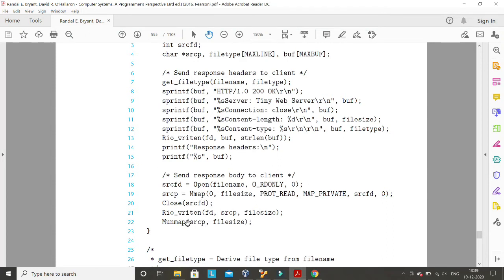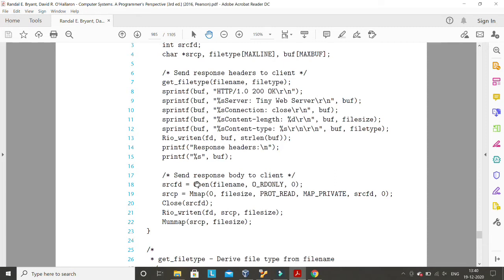Ultimately, they are collecting all this information, and then they are sending it to the fd. How are they sending it to the fd? You can see here. Ultimately they are sending everything to this fd. What is this fd? This is the actual connection descriptor, right? The complete content of this file, including the HTTP response header, they are sending to the client from here. They are writing it to the connected fd. The moment you write it to the connected fd from the server, that value will be available in the client, and the client will read it. The client will read the entire content and display the actual HTML page. So I think this part is easy for you, right?